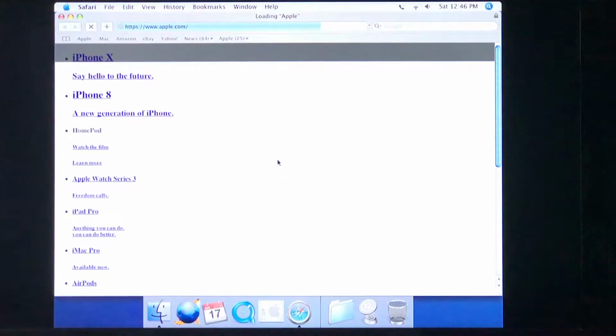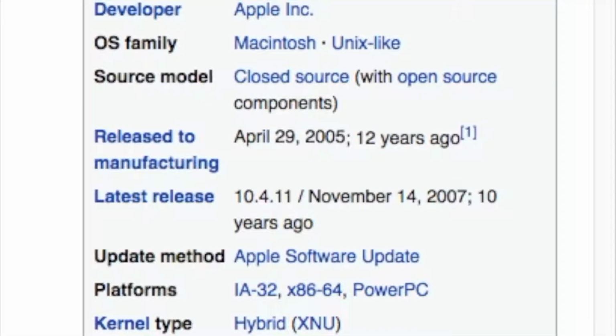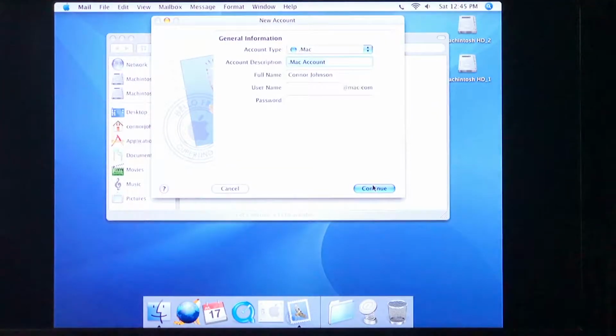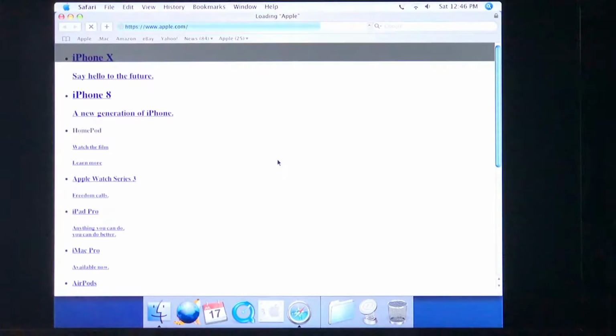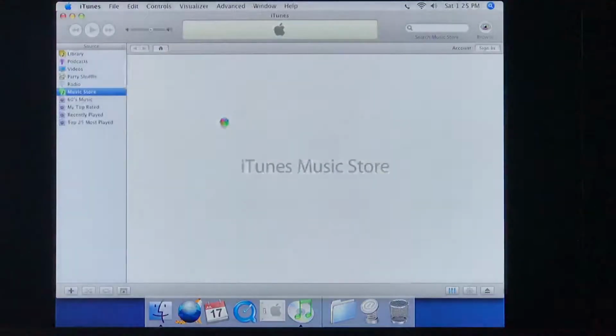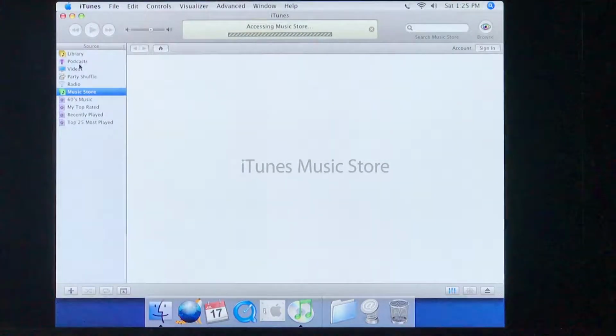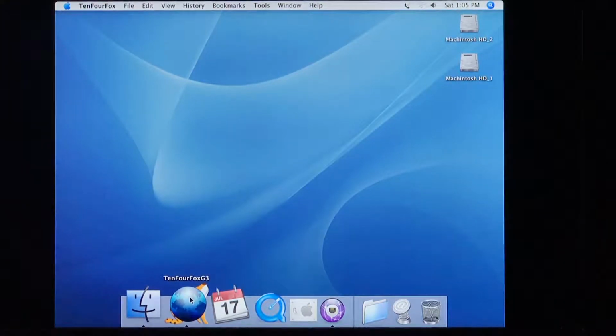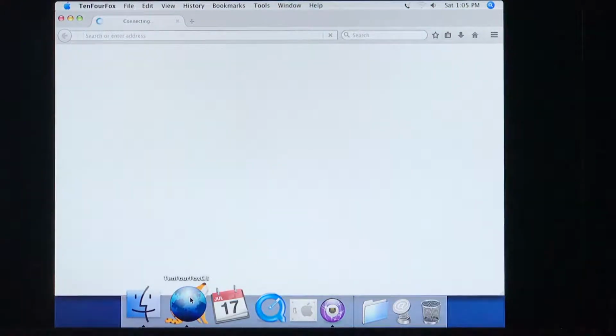But if you look at what year OS 10.4 came out, 2005, you should change your expectations of the capabilities of the system. Mail can no longer connect to the servers, Safari can no longer properly load web pages, and iMovie cannot support standard video files. Don't worry though, you can still play music from iTunes, but you cannot connect to the iTunes store to purchase or download your music. However, there is an application that can bring all this functionality back, and that is 10.4